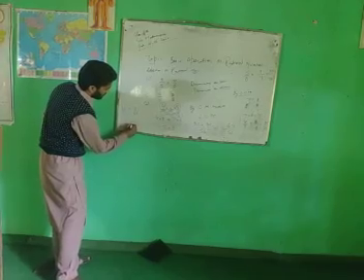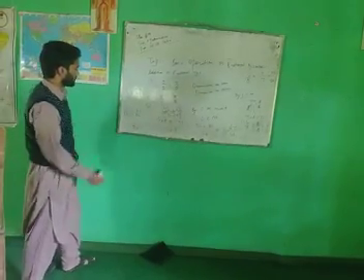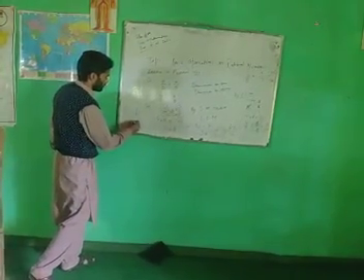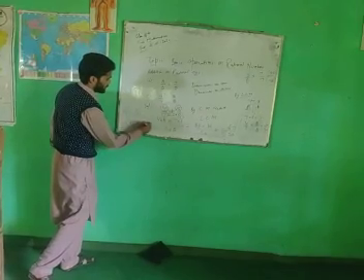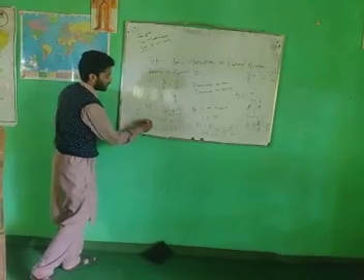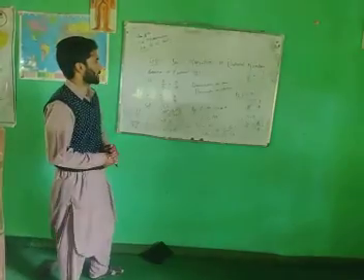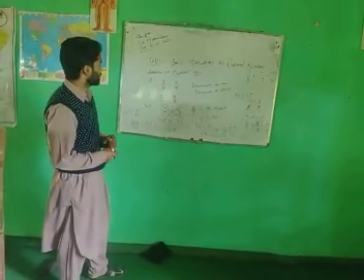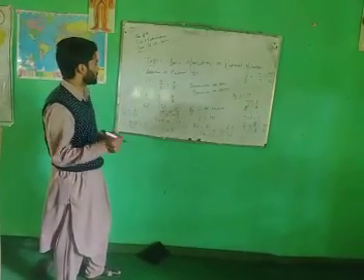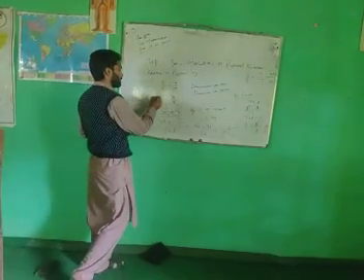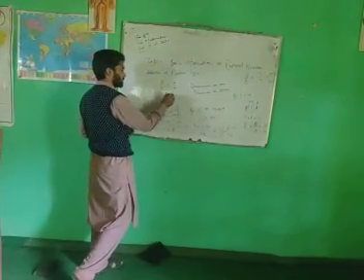Now the denominators are same. We will write only one, that is 56. 32 plus 35 is equal to 67 over 56. Both the answers are correct and both the methods are correct. This was addition of rational numbers, which was a little bit easy because sign of both numbers were positive.